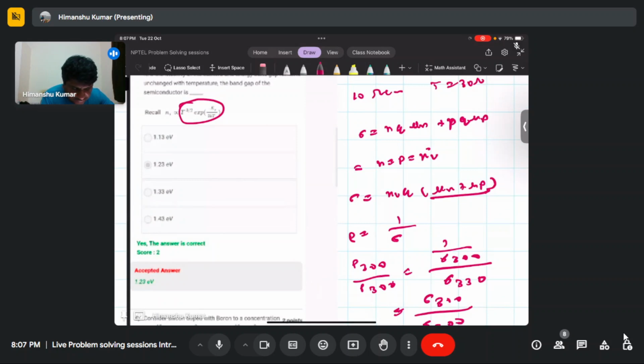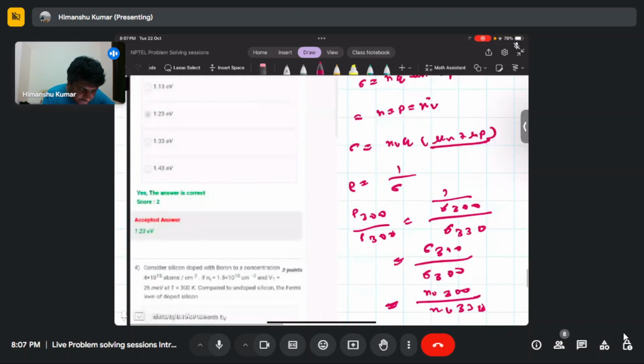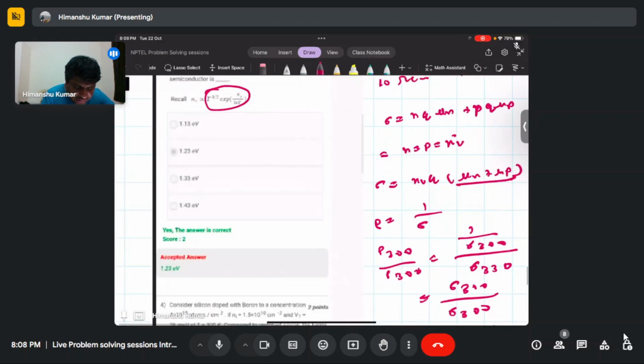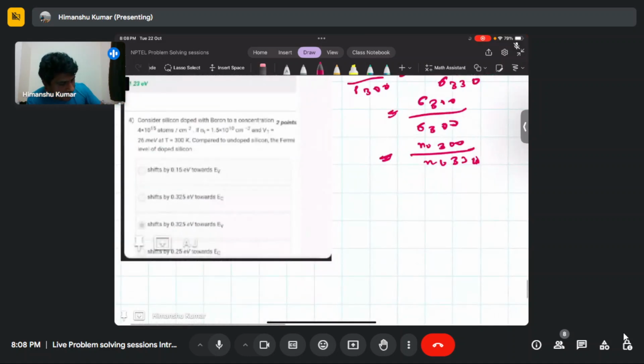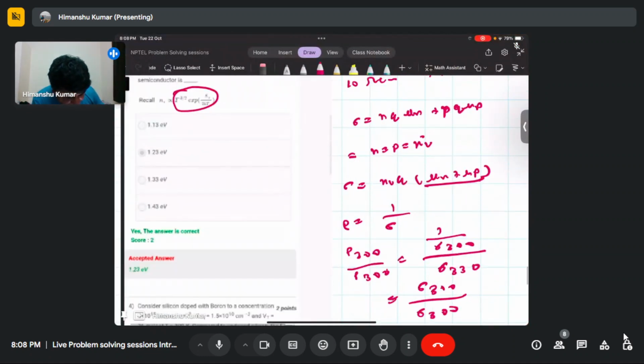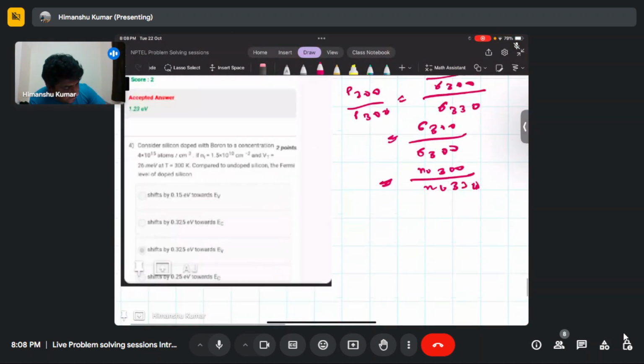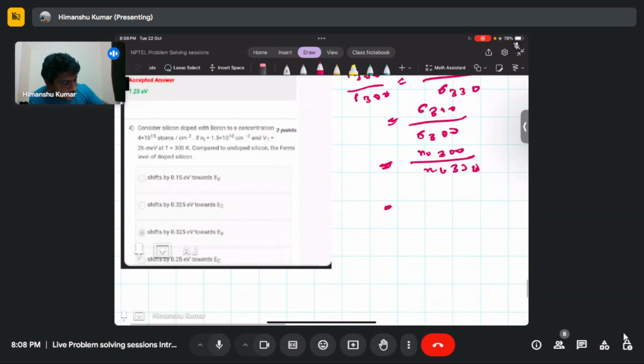Temperature is given at two different temperatures, and the band gap is given as constant. So basically you can calculate the ratio, and with that ratio you can calculate. So let me just calculate. Ni is given as a function of temperature, so it will be equal to